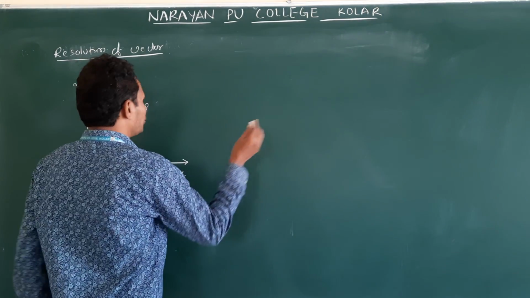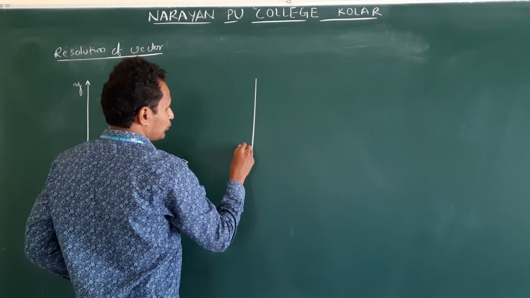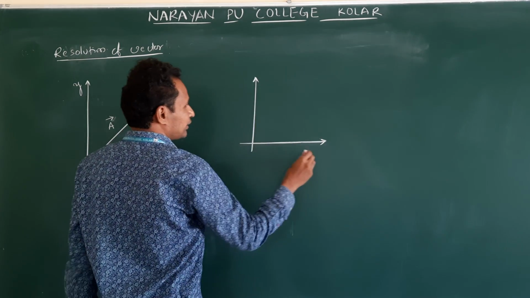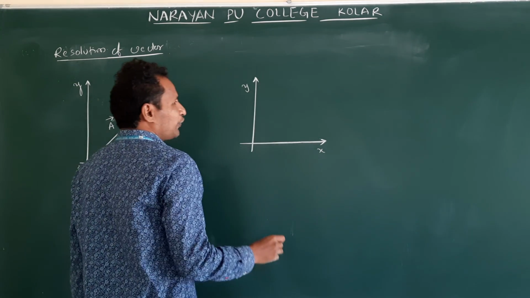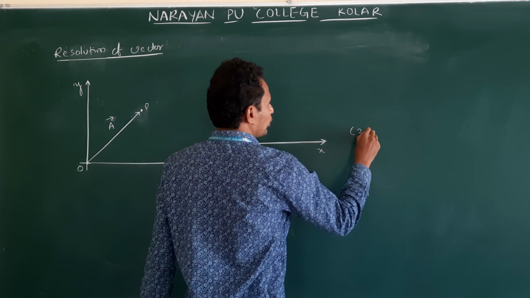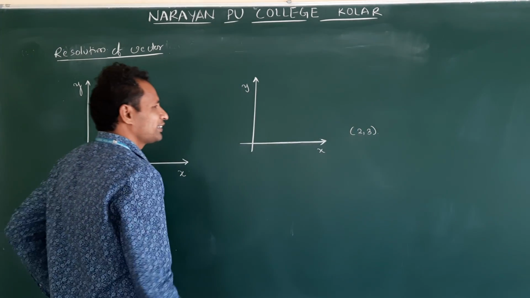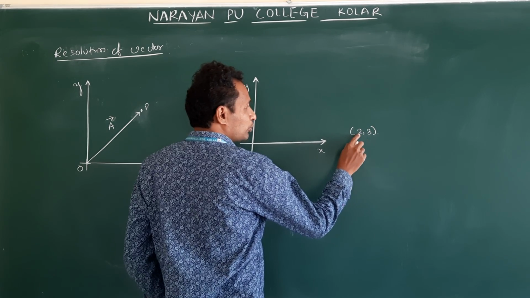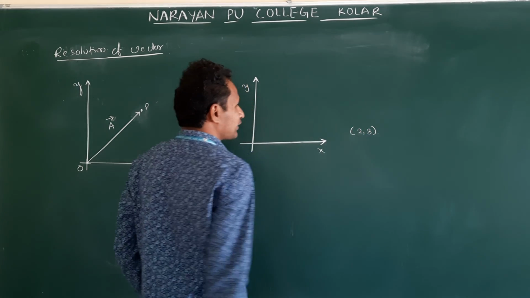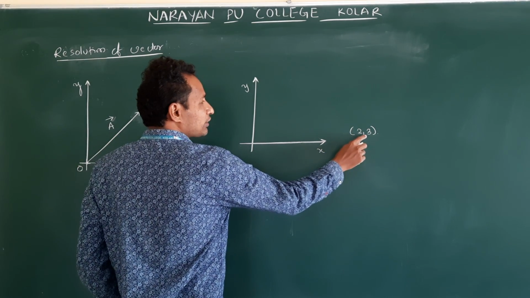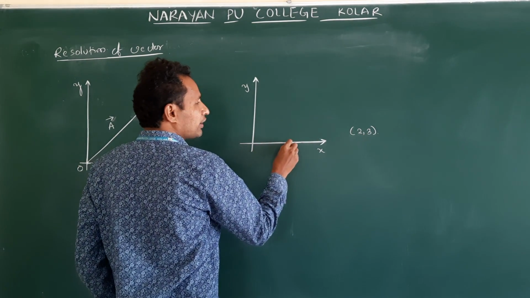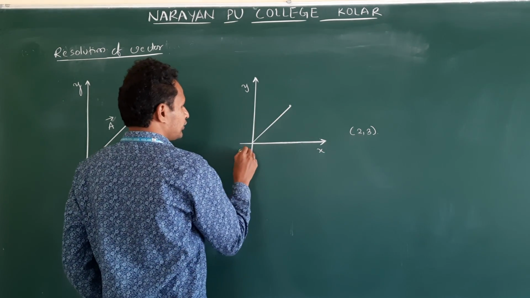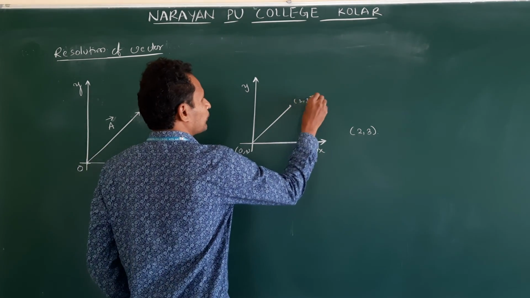Now, to understand this, we will see some mathematics. Let us say this is x and y. If I give you a point, let us say 2, 3, what does it mean? These are coordinates: 2 units on the x-axis, 3 units on the y-axis. Then how do you find this coordinate? You will check 2 units here, 3 units on the y-axis, you will point here and draw a line like this. This is 0, 0, this is 2, 0.